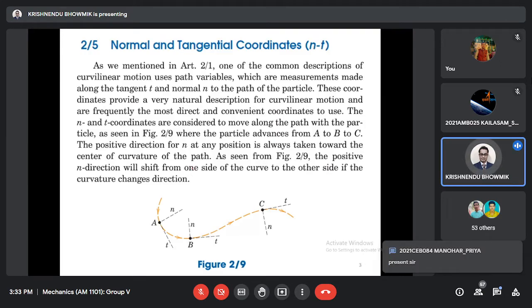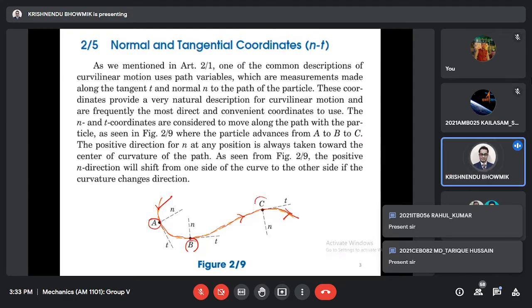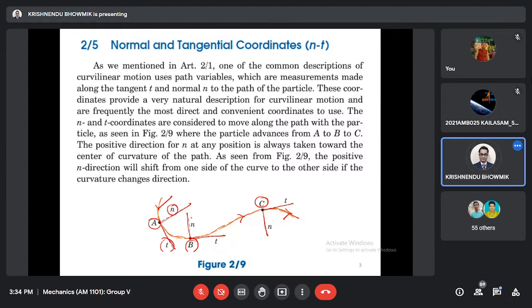Say for example, we have one particle which is moving along this path. This is the path. The particle will move. This is the direction of movement of the particle. Take one point A, another point B, another point C on the trajectory of the particle. Now at point A, you can draw one normal and you can draw one tangent. At B, you can draw one tangent and one normal. At C, one tangent and one normal. So you can have a look that tangent is always tangential to the path, but normal sometimes